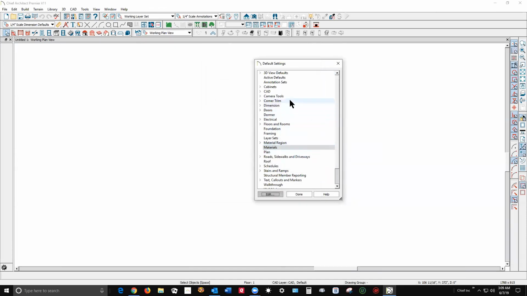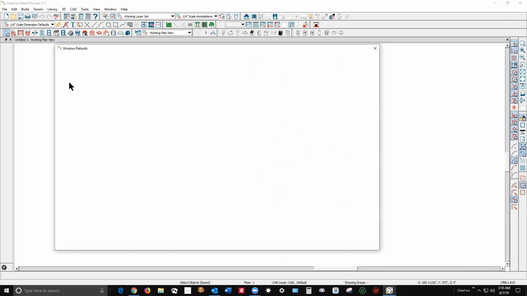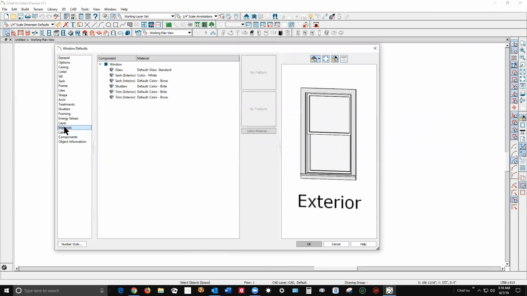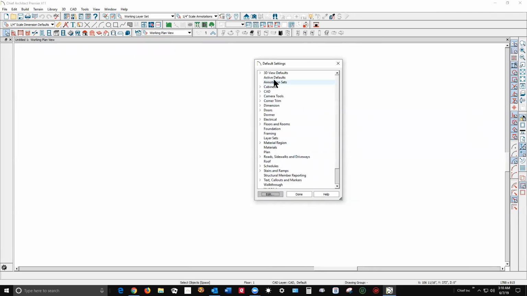And then there's Edit Default Settings for, well, let's take a look at Windows. And there's default settings for Windows, whether they have casings or not. And then there's a materials settings for Windows. There's material settings for doors, cabinets. Everything's here. There's cabinets right there. So there's a lot to learn, and if you want to master it,